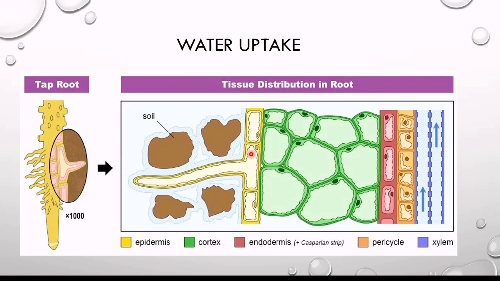There are two ways for the movement of water. One is called the symplast pathway, and the other is called the apoplast pathway. These two pathways are very important. If the water moves from cell wall to cell wall, from one cell to another, for example in this yellow layer, the cell wall of the epidermis, and then moves to the cell wall of the cortex, so it only moves inside the cell walls, the pathway is called the apoplast pathway. But if the water crosses the cell wall and enters the cytoplasm of the next cell, the pathway is called symplast. These two pathways are important, but water mostly follows the apoplast